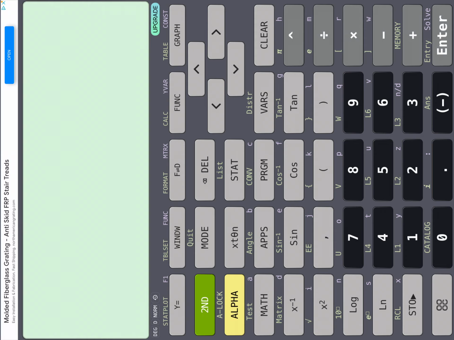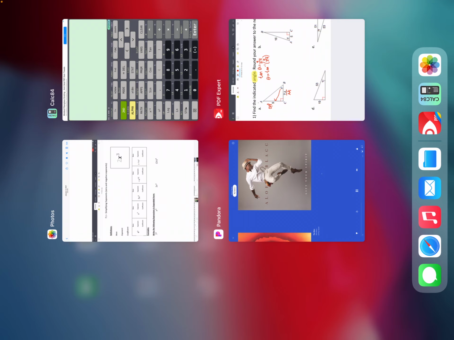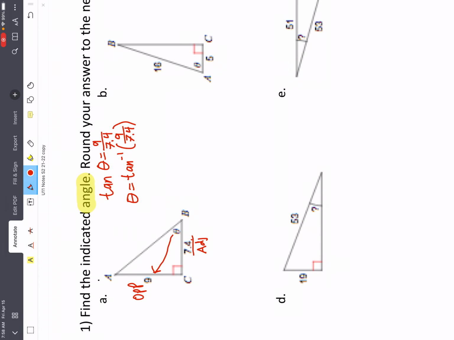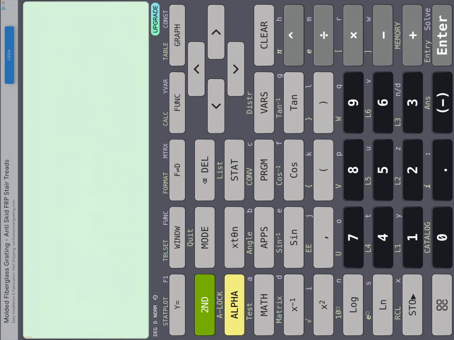And then we would just have to type in what we had, which was the inverse tangent of 9 over 7.4. The way we do the inverse tangent is you just go second, and then the tangent button, and you should get where it says tangent to the negative first. And then you just type it in. So 9 divided by 7.4. Close your parentheses, hit enter, and you see we get